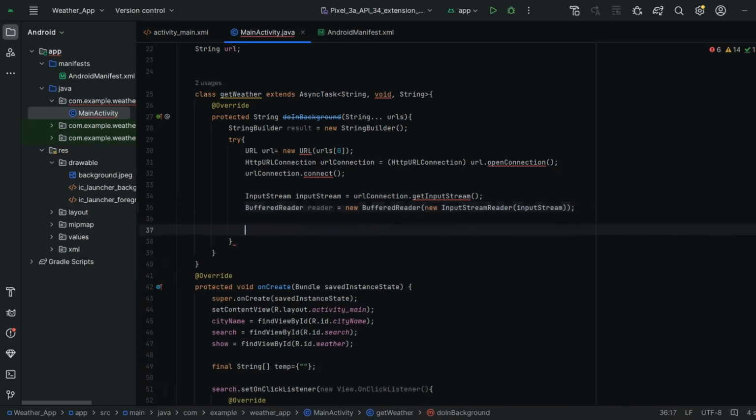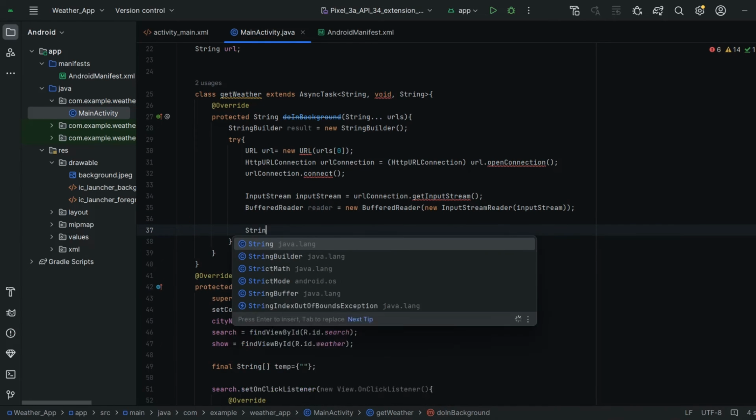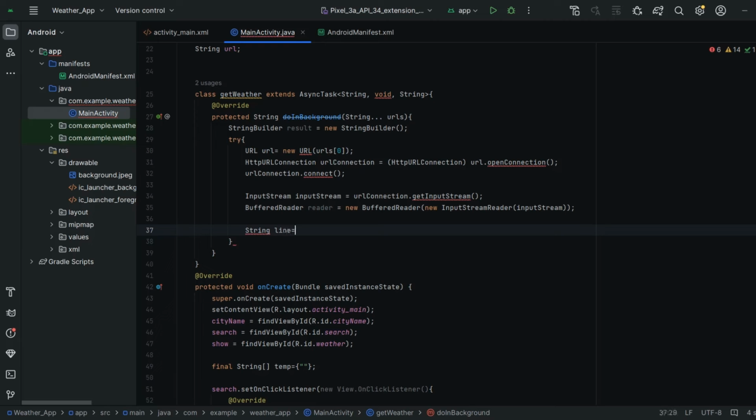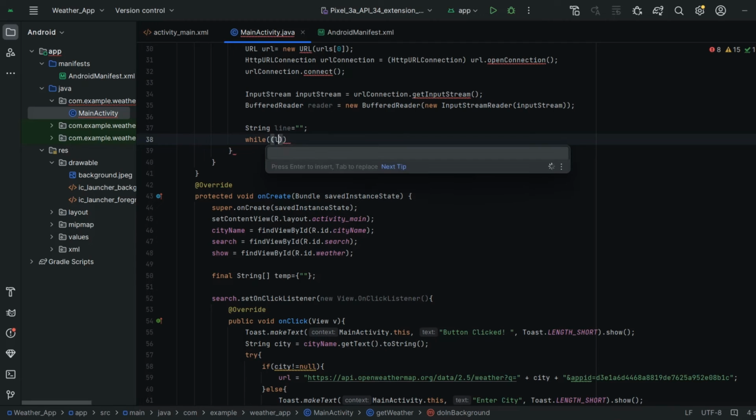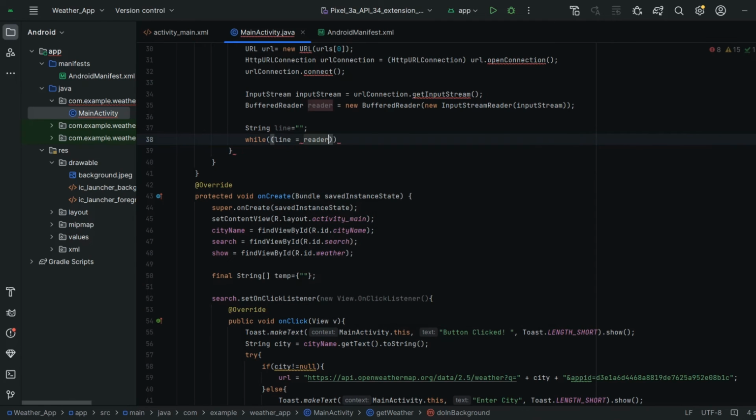Next, I'm going to create a string line. Initially it is empty, then I am going to store the values that we read in this string line. I am also going to check whether they are null or not. So while line is equal to reader dot readLine, I'm going to check whether it is not null.